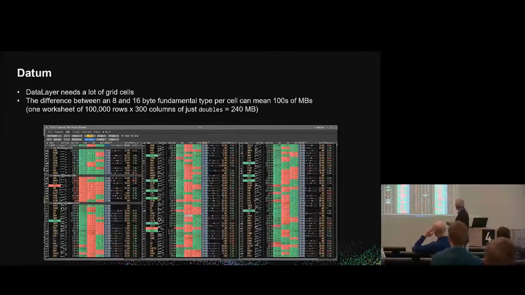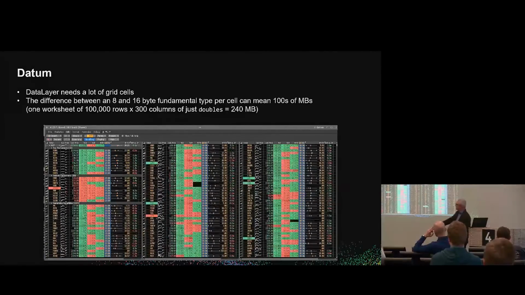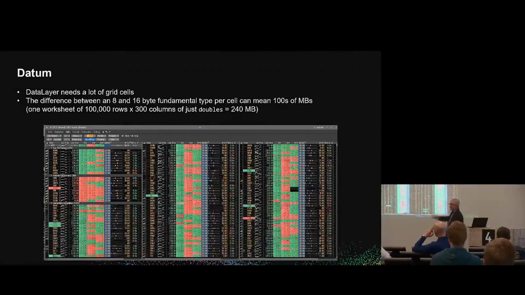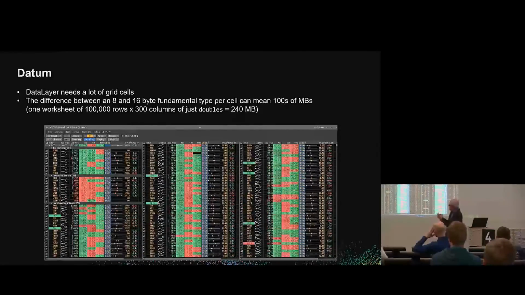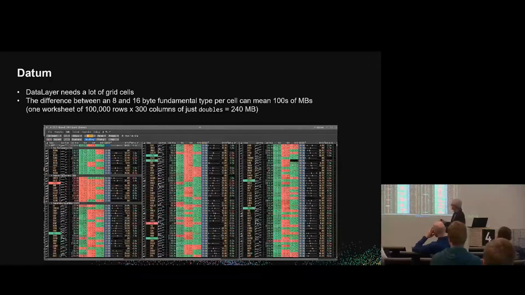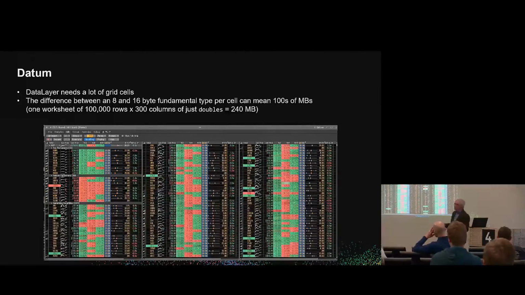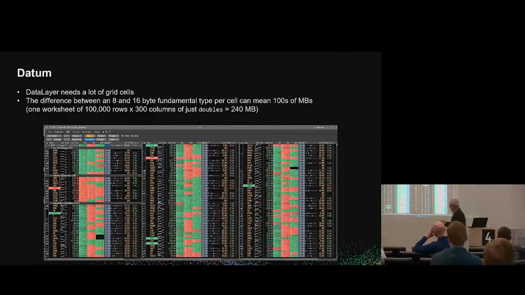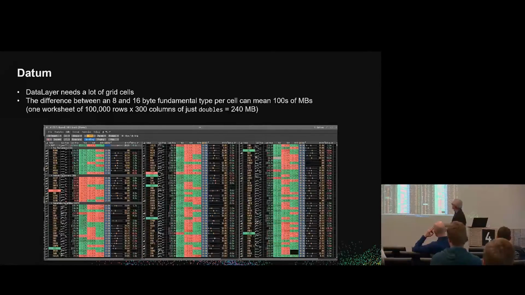What you can't really see here is there's going to be tens of thousands of rows of this data, and maybe hundreds of columns, because a lot of the nuances of how this data needs to be displayed and the rules for processing it is often done in off-screen equations. So the numbers add up. If I've got, for example, maybe a worst case, 100,000 rows of data with 300 columns, even if each